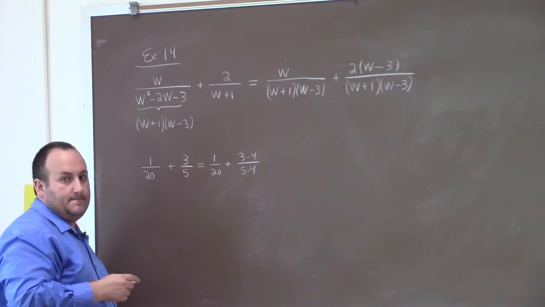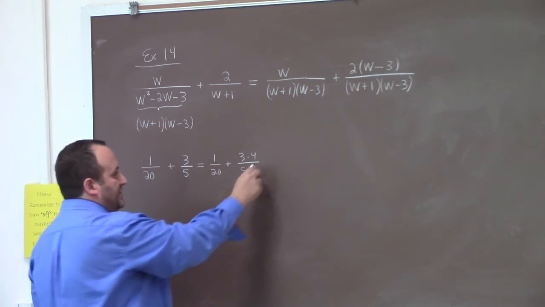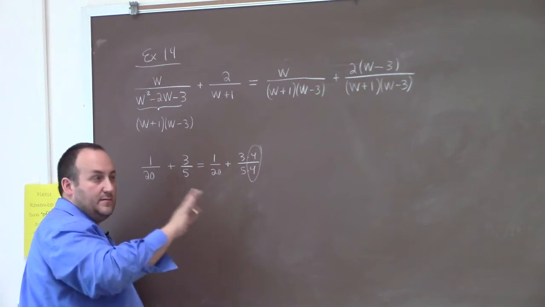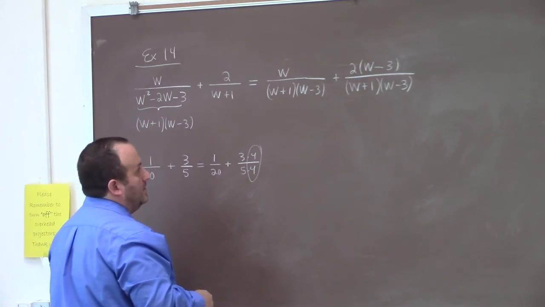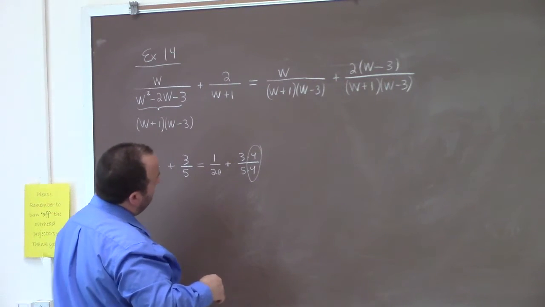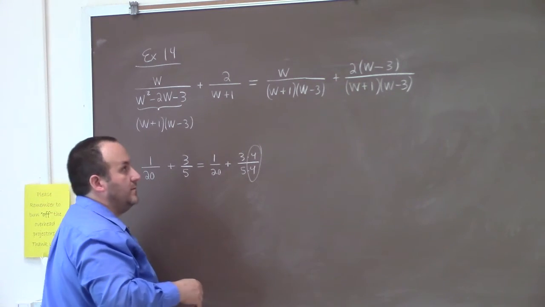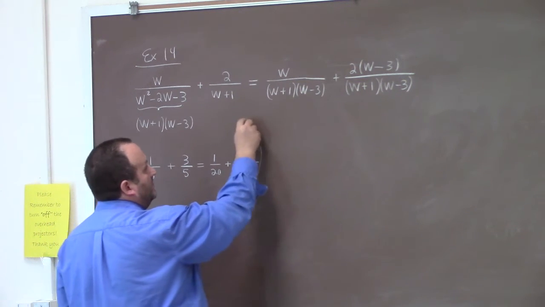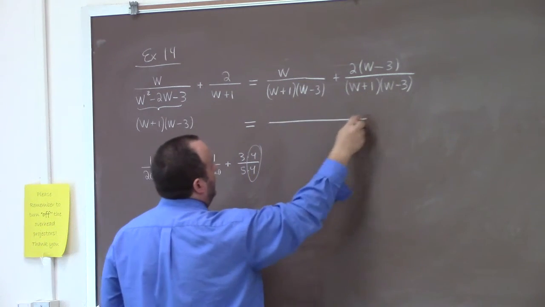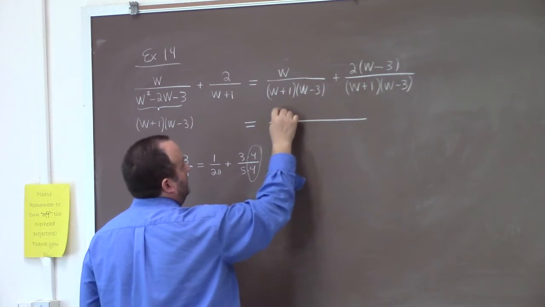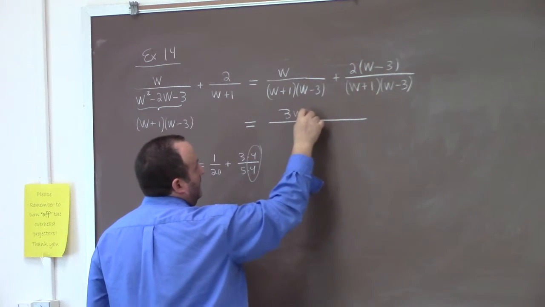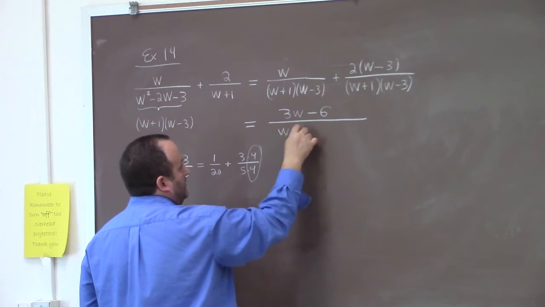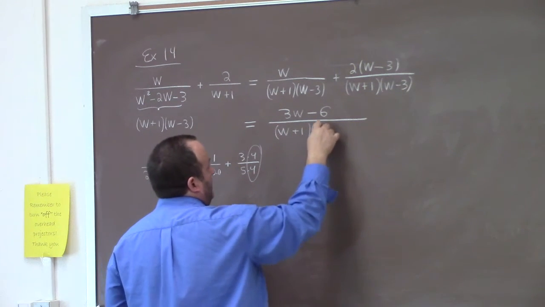On the numerator? Basically I'm multiplying by the same factor above and below. That doesn't change it. No, I'm talking about the top one where it says 2 parentheses w minus 3. Because you have to multiply the top and the bottom by the same thing. Oh, okay. So then we can combine them, and we've got 3w minus 6 over w plus 1 times w minus 3,